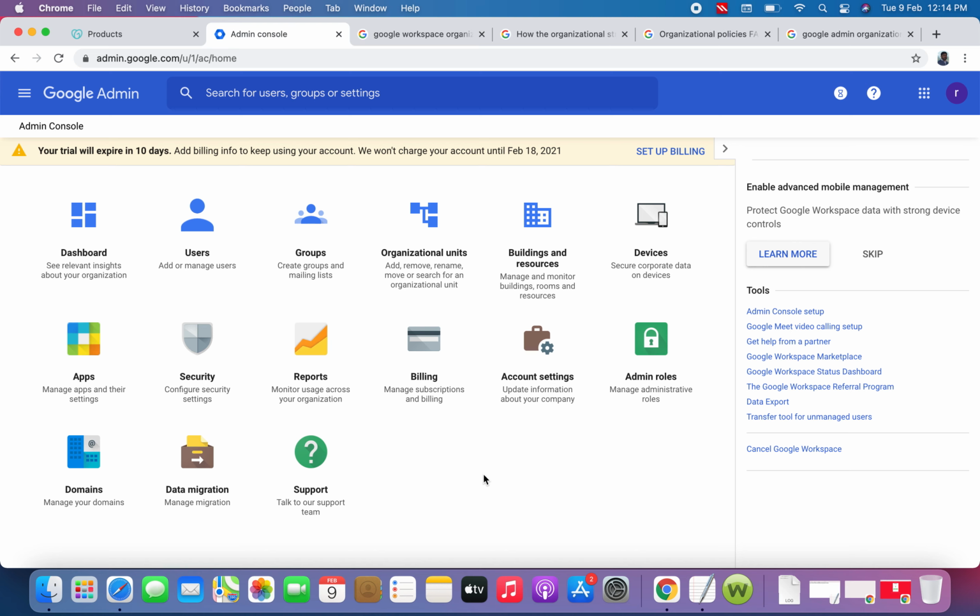So here we can understand that in organizational units there will be a parent directory. All the policies applied on the parent directory will always be applicable to the child directory, which is called a unit.